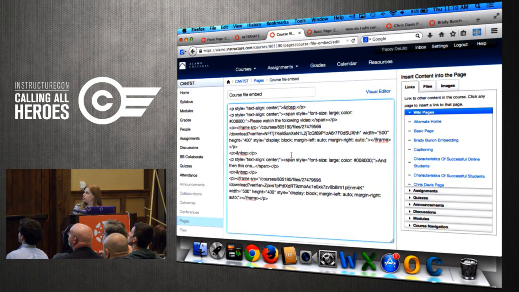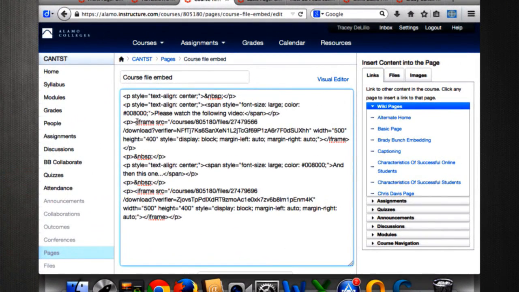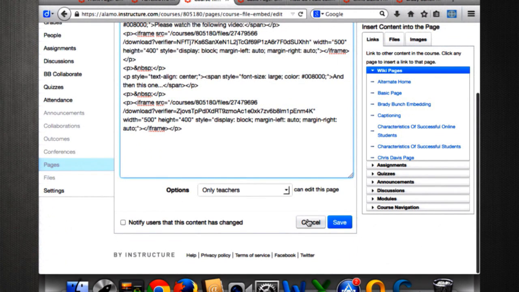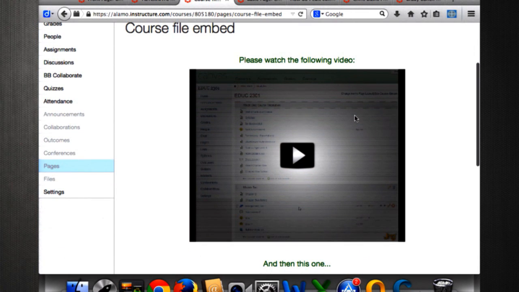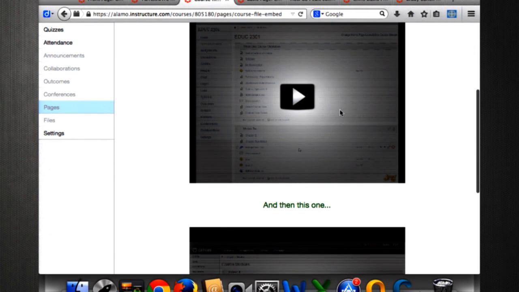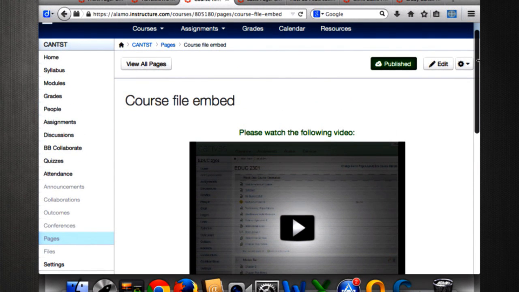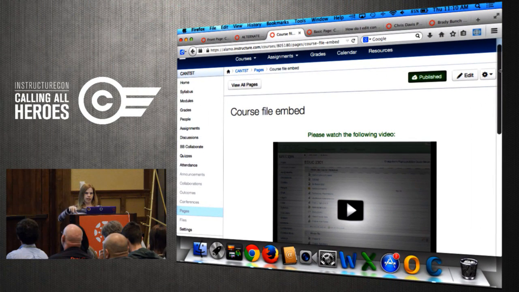People paved the way and figured out how to do it. And you can just kind of see each of those videos is a file I uploaded into my course, and then I just added iframe source, pointed it to the relative URL for the file, and that allows it to then be embedded. And I centered this, tried to make it look a little nice. And then I can play those videos right there. So if there's something that you're not able to just get some clean embed code for, or you don't want it to be standing alone as a file or a module item, this is one way to do that.